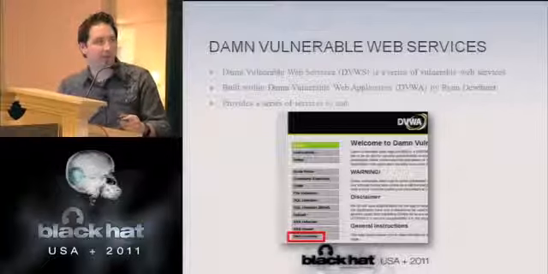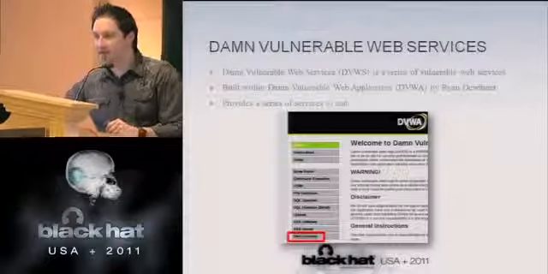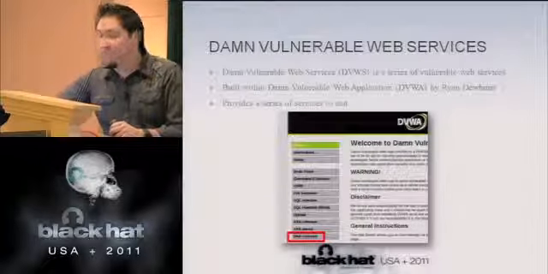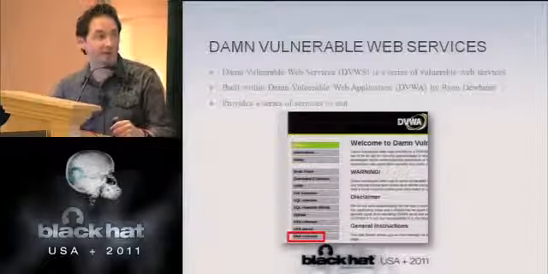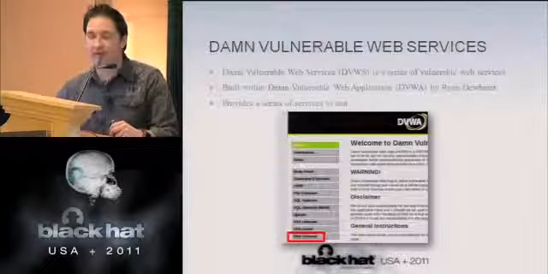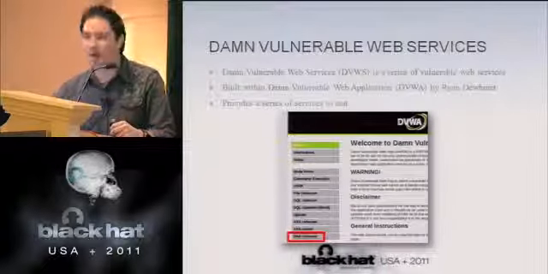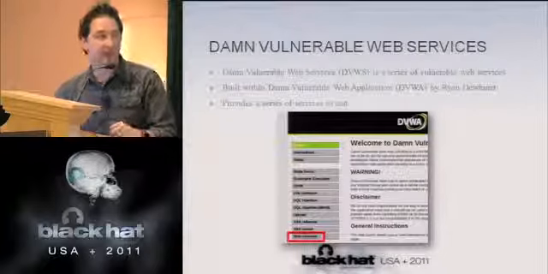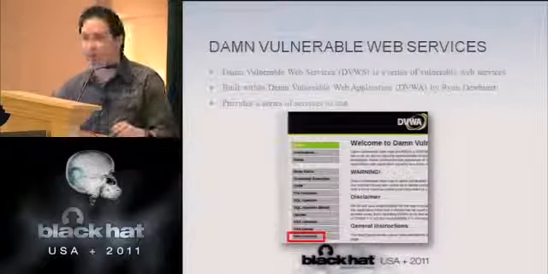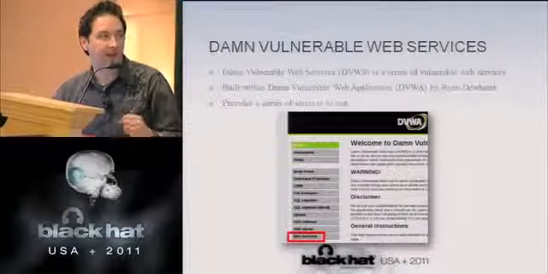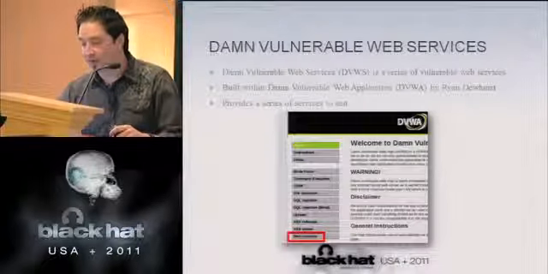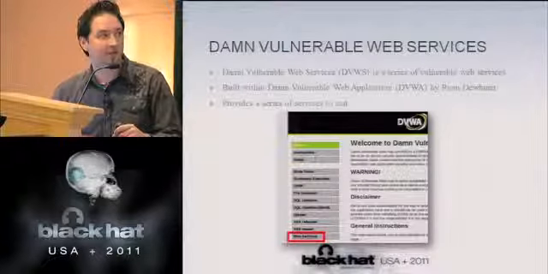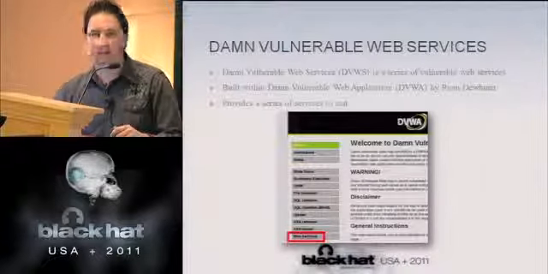So we mentioned earlier about the vulnerable web services that Kevin Johnson created for the Damn Vulnerable Web Application by Ryan Dewhurst. Definitely, if you haven't checked out this project, I highly recommend you check it out. Either go to his website and download it, or you can automatically play with it in the Samurai Web Testing Framework, which is a live CD that has all of this stuff ready to go, configured, just boot it up, put it into a VM, and everything's ready for you. So Kevin's put a lot of work into this, and this really provides a series of different services to test with lots of different attack vectors.